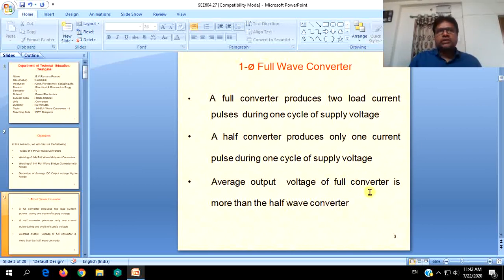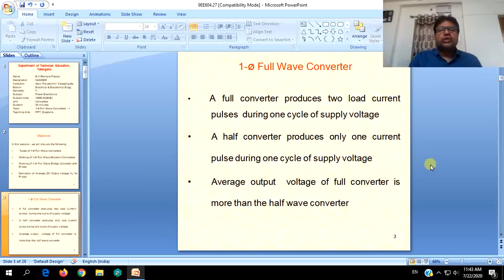So both positive and negative half cycles will appear as two continuous positive half cycles, resulting in an increase in average output voltage or load voltage and current. So that is the basic idea of full wave conversion,